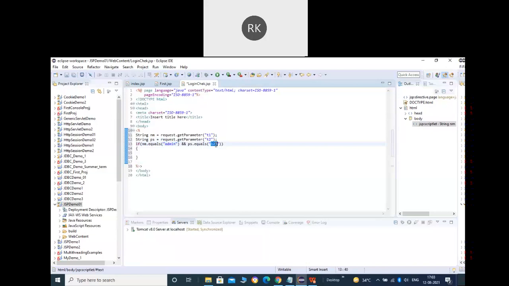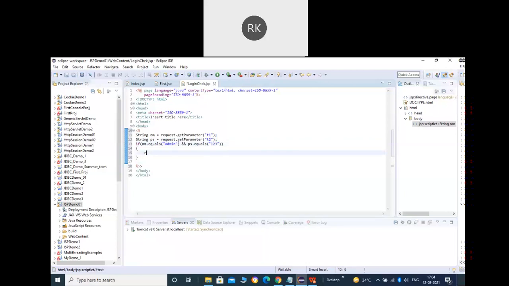But in actual practice, first of all the user should have a registration form where the user will enter all these entries, and these entries will be stored in our database. And whenever the user clicks on the login page, we will ask the user for username and password, and now we'll try to match them with what? With the ones available in our database.